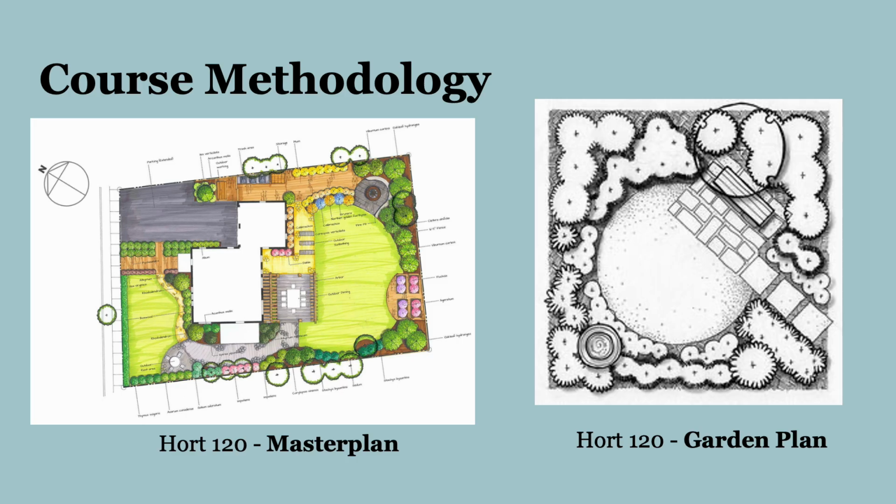This course had us start out with the non-industry specific software, AutoCAD, using these two templates shown below. In AutoCAD, we first traced over the HORT 120 garden plan, using AutoCAD's basic tools, such as the line, circle, and arc tool. This helped us practice our skills, and once they improved, we graduated to using the HORT 120